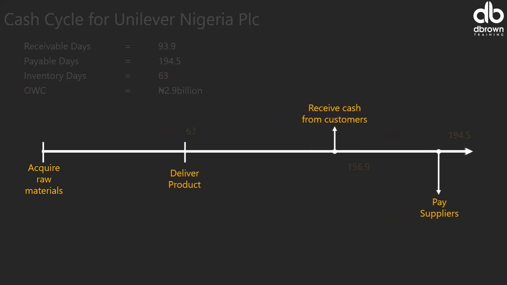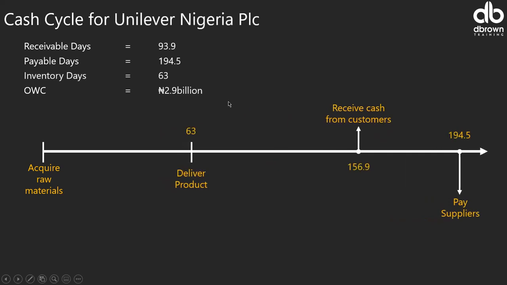But for this of Unilever, it means they are short of what? They are short of free money, which means this 2.9 billion that is positive, they need to go and get it from somewhere, which will definitely be funded by their long-term funding, right? So they receive money at 156.9 days, whereas Nestle, they've completed their own cycle and they are still paying this guy at 194.5 days. If you're a supplier, who will you prefer to supply your products? Definitely, you prefer Nestle. Exactly. So now this is Unilever.